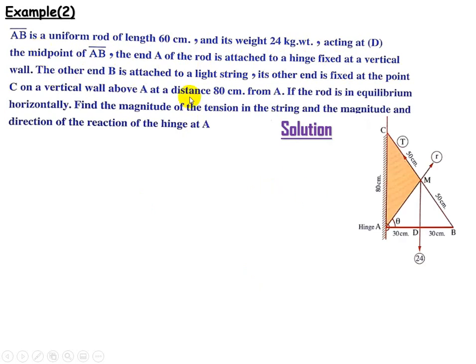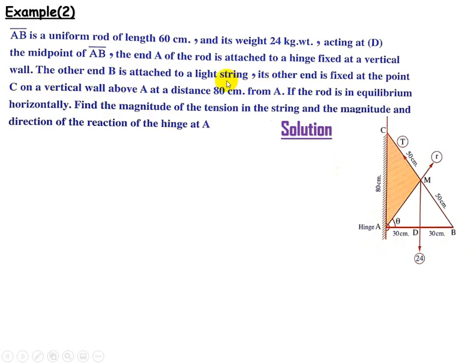First, AB is uniform. This is AB. As said at the end of the question, it is horizontal. Uniform means that the weight going out from its midpoint D acts vertically downwards. The end A is attached to a hinge in the vertical wall, so there exists a reaction from the hinge. We don't know its direction, and the other end of the rod, which is B, is fixed